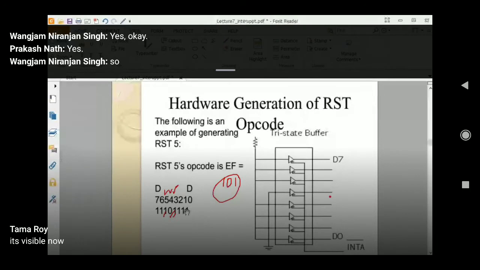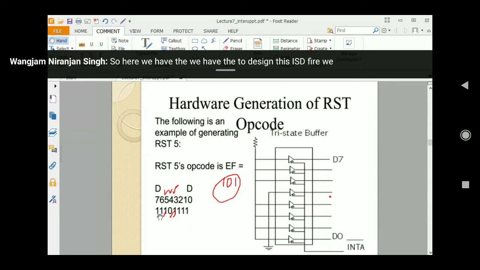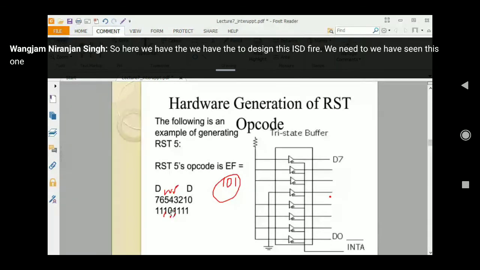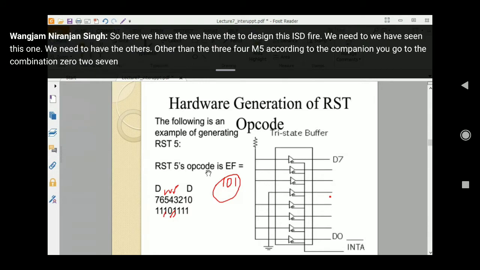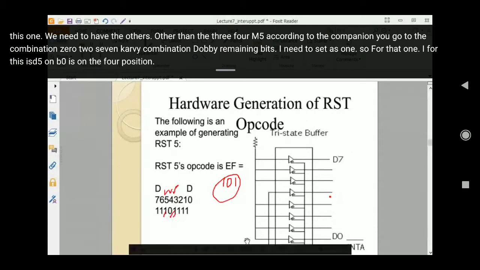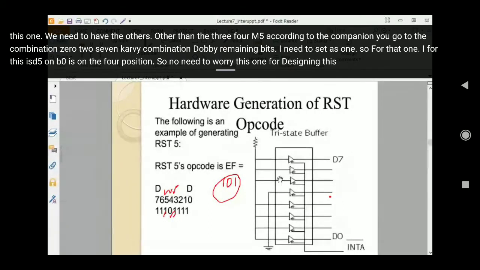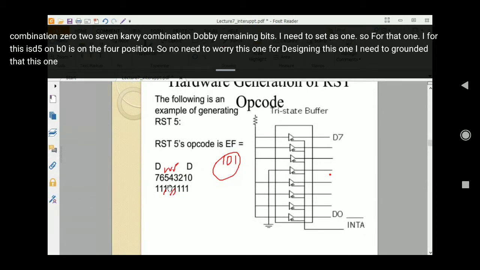So here, to design this RST file, we have seen that we need to have the others other than the 3, 4 and 5 bits according to the combination 0 to 7, and the remaining bits I need to set as 1. So for this RST5 file, only 0 is on the 4th position. So for designing this, I need to ground bit number 4.